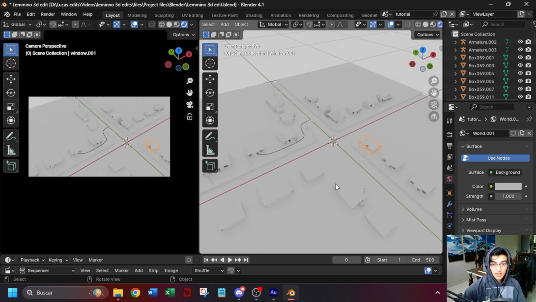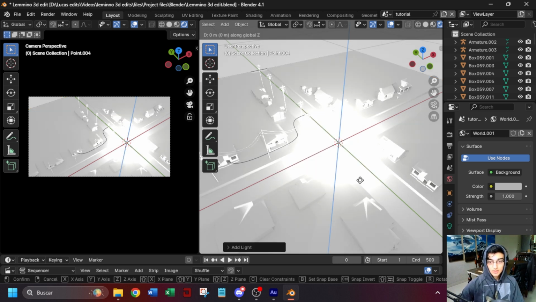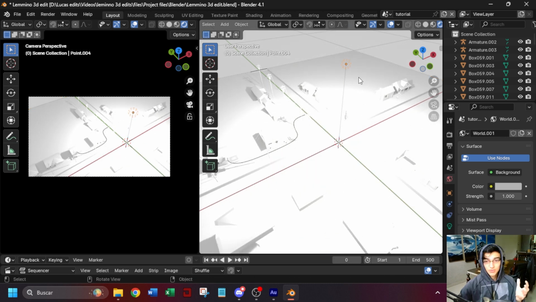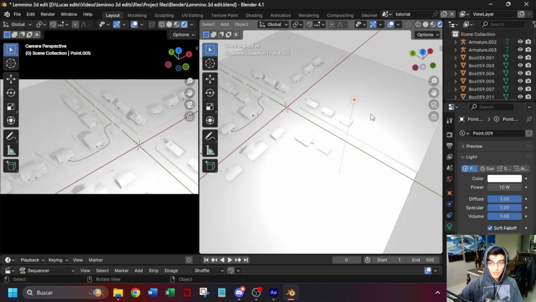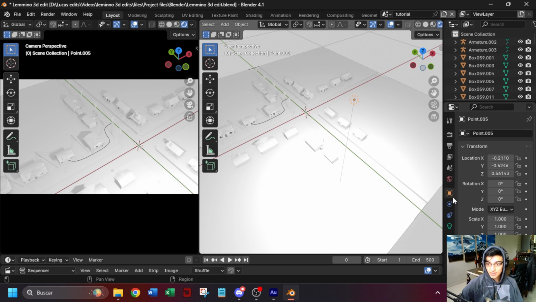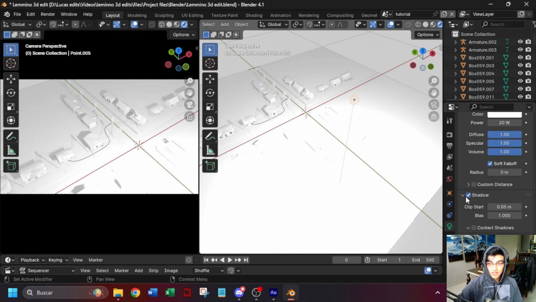Okay? And now I want a light, a point light. So press Shift A, light, point light, G Z. And now I'm just going to copy the position of the light that I used while I was practicing for this video. So the light will be positioned right here. If you want to copy these transform settings, it will be something like this, and what you want to do is increase this up to 20 watts, and you want to tweak the shadow settings so it looks good here,